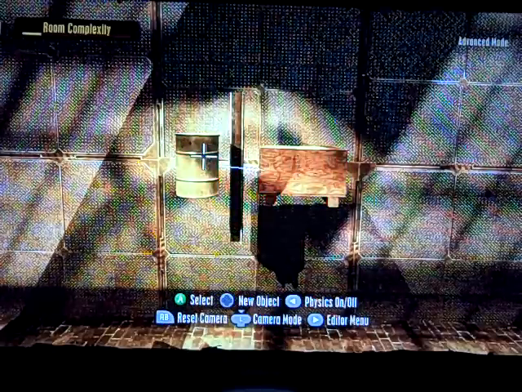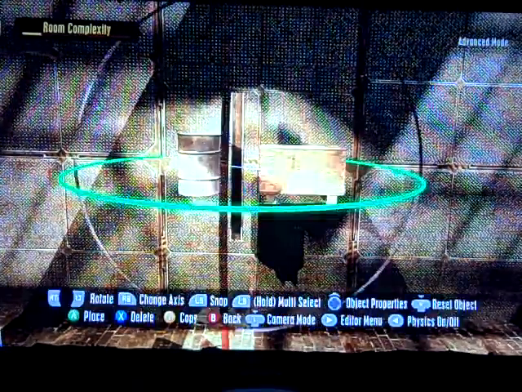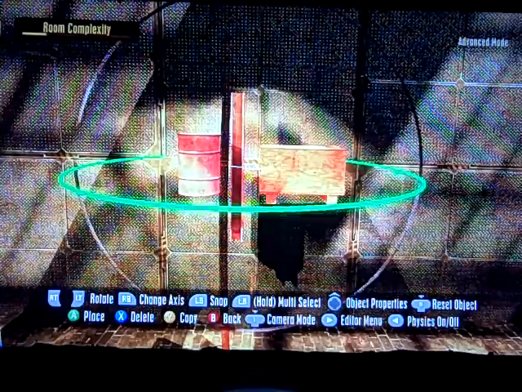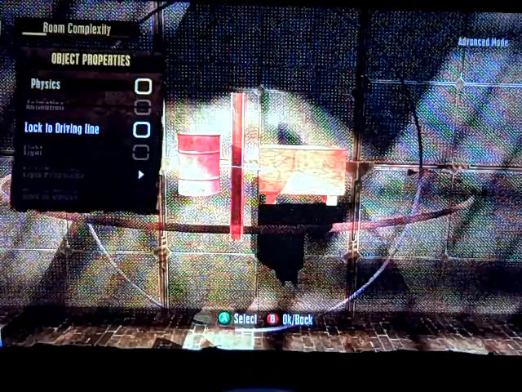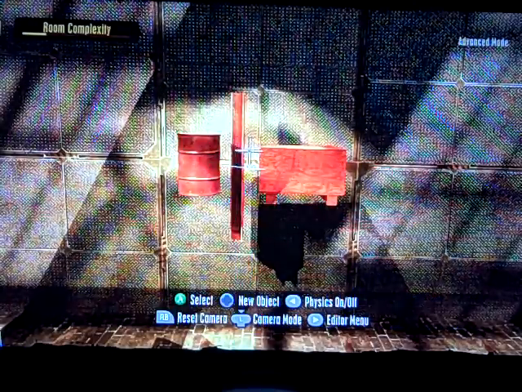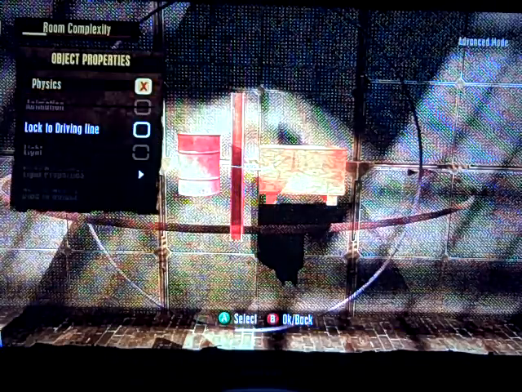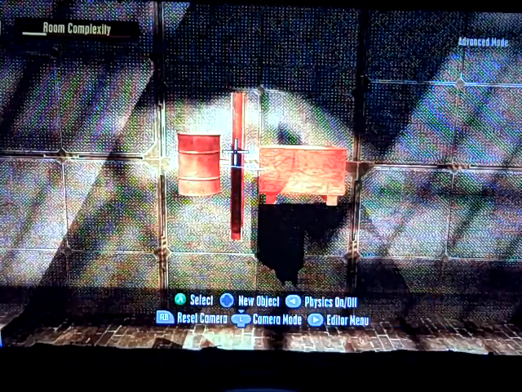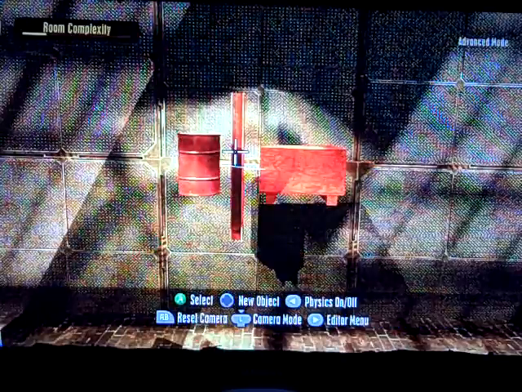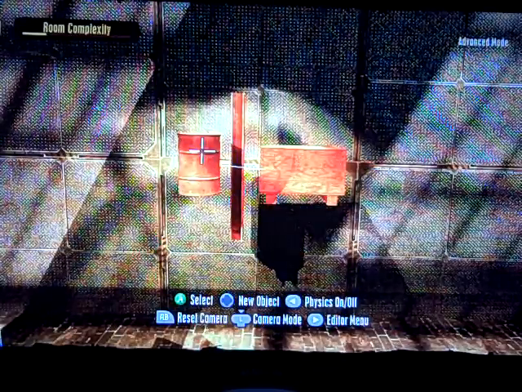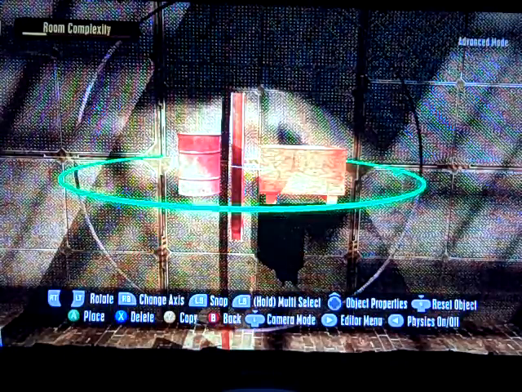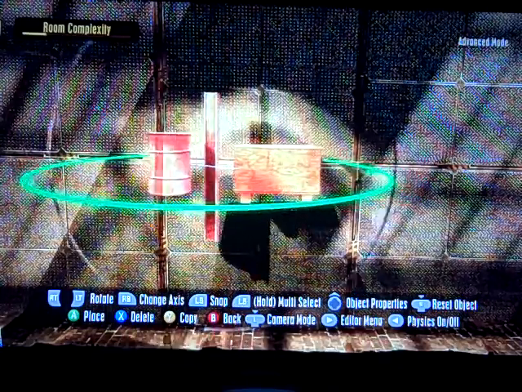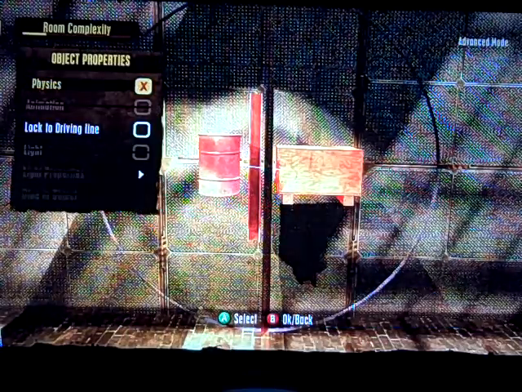But here's where it gets complicated. If you were to take these objects, turn their physics on, then put them inside each other. Now when you select objects that are glued together, you move them all together, and you change their